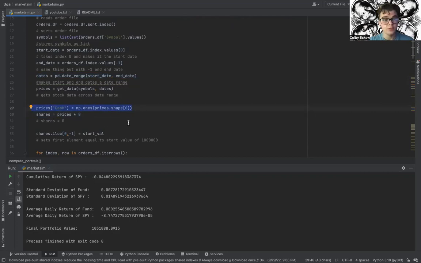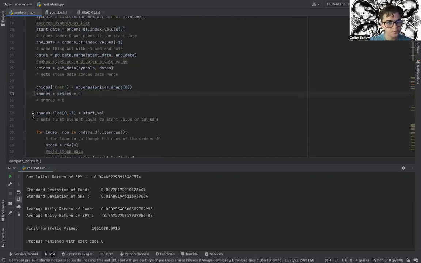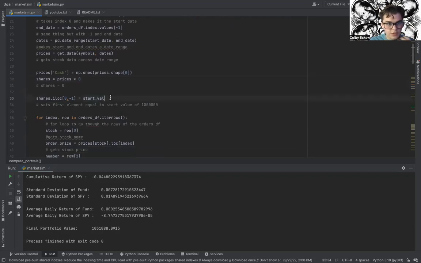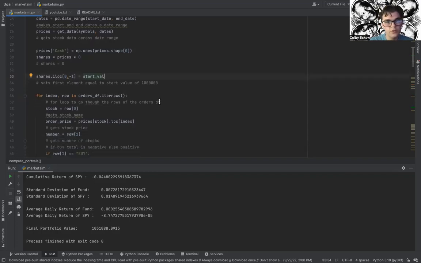to show the cash. And then I created a shares data frame that is the same size as the prices, but it's just all zeros. Then this is used to set the value of the first cash value equal to the starting value, which is 1 million. And then we have a for loop, which goes through all of the rows in the orders data